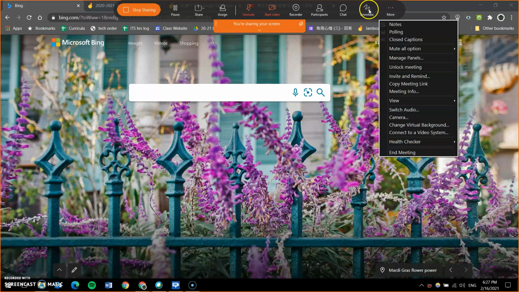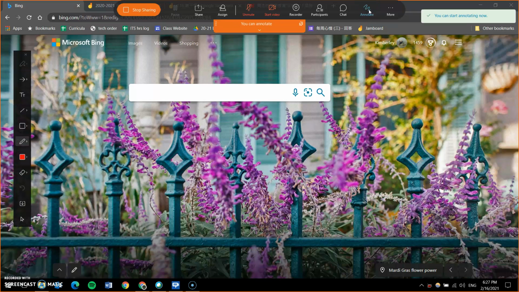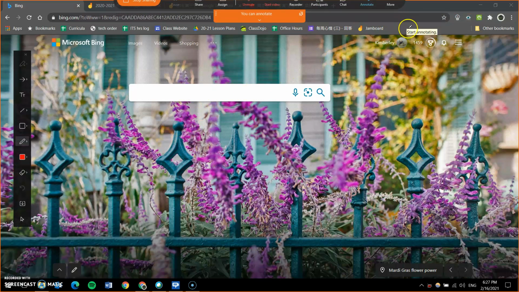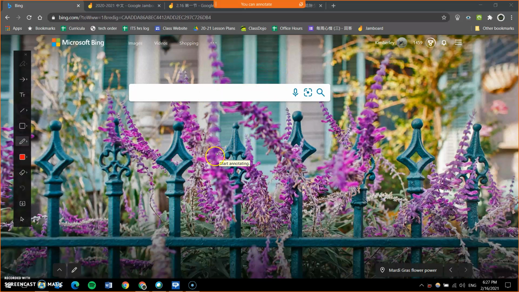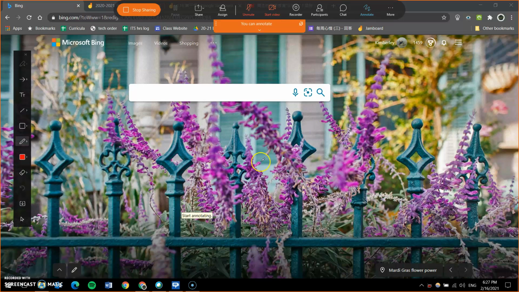What you can do is here, when you click annotate, the participants can also request to annotate, which is actually really cool. Okay, so when you have participants who are requesting to annotate, then all you need to do is just click yes, right? If they accidentally do click that button, then of course you click cancel or no, and do not give them permission, right? But what you can do on annotating here is